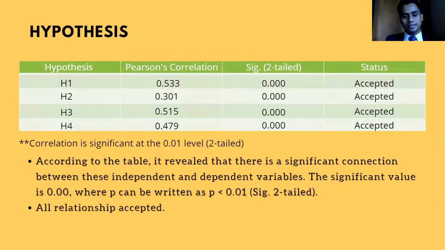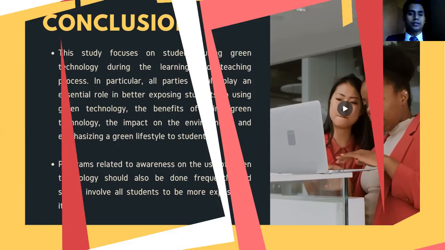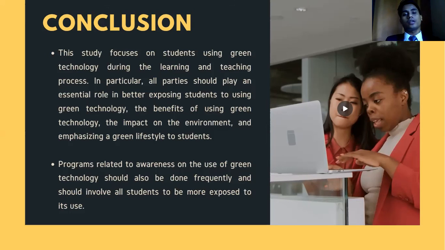Next slide is about the hypothesis test. I use the correlation test to get the result of the hypotheses. The hypothesis can be accepted when the value obtained is under 0.05 for 95%, or 0.1 for 90% confidence level. Based on the table shown, all the hypotheses are accepted because all the significant values are under 0.05, which is 0.00 for all hypotheses. Conclusion. In the conclusion, this study focused on students using green technology during the learning and teaching